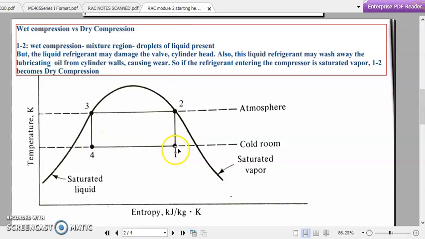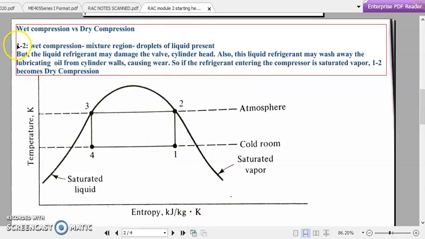But consider the compression process, that is from 1 to 2. When we closely observe this TS diagram, we can understand that the compressor is working from 1 to 2. At the compressor inlet, what will be the nature of the working fluid? The nature of the working fluid or the refrigerant will be a mix of both liquid and vapor region,